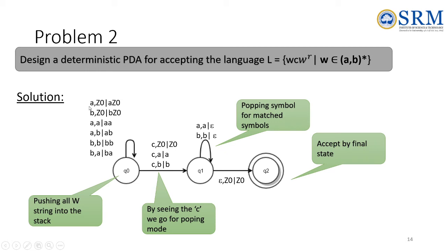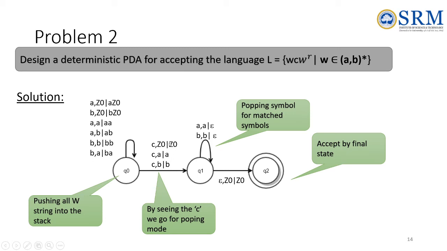There may be a chance my first symbol is A, with the top of the stack being Z0, push it, or B, push it. A may be there, AB will be there, B will be there, BA. Whatever the combination, just push it into my stack. When should I stop pushing? When I am seeing a C. When I am seeing the C, the top of the stack could be nothing, maybe there is no string also, or it could be A or it could be B. If that is the case, don't pop anything. I haven't popped anything or pushed anything. Keep it as such and go to the next state. If you are pushing, there will be two symbols over here.